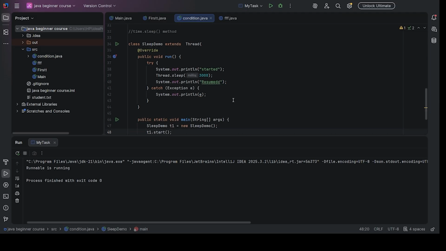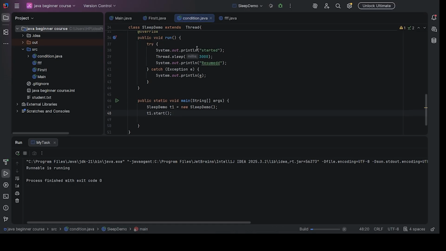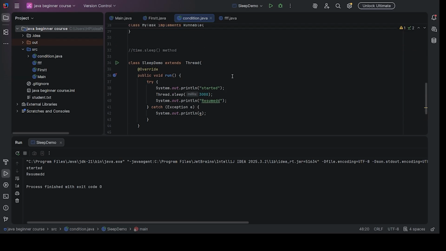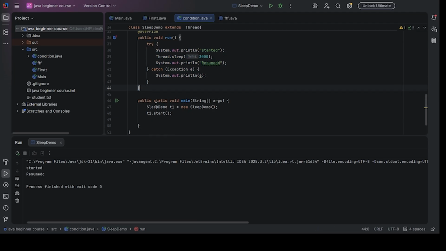Now see how the sleep method works here, okay? First, it will print "Started" quickly, and after 3 seconds, "Resumed" will be executed here. So this is how the sleep method works: it takes some loading time and then prints again, okay? Inside the run method, it will try to print this, otherwise it will go to the catch block,